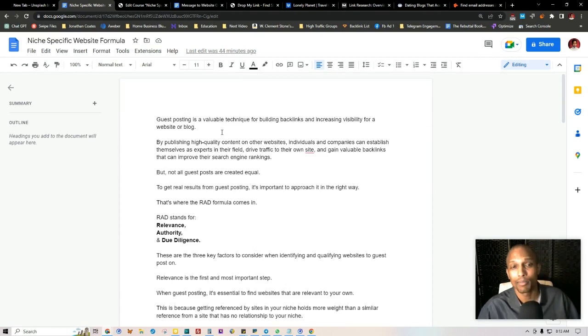So basically, what it's saying here is guest posting is this valuable technique for building up backlinks. Part of the formula is relevance, the second part is authority, and the third part is due diligence. In order to tell if the website is relevant and related to our content or not, and not just some broad website with a bunch of different industries that's more likely going to be a farm site,